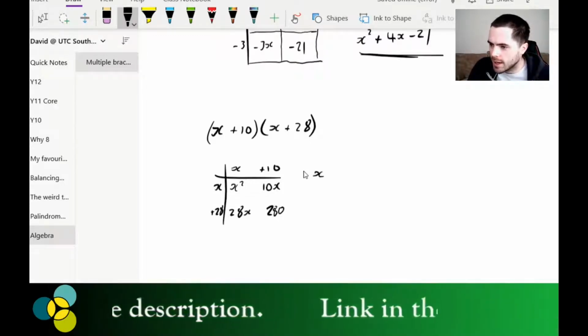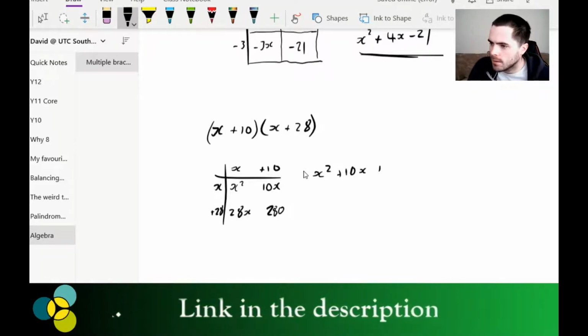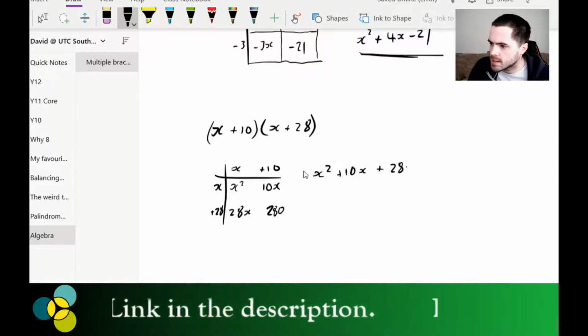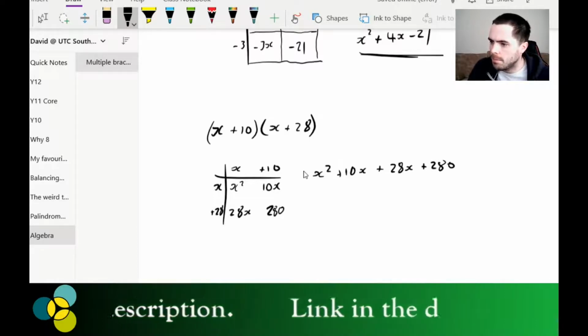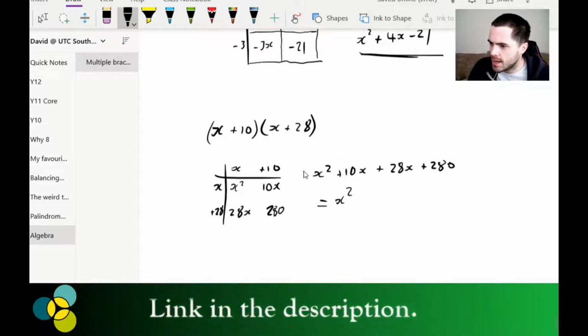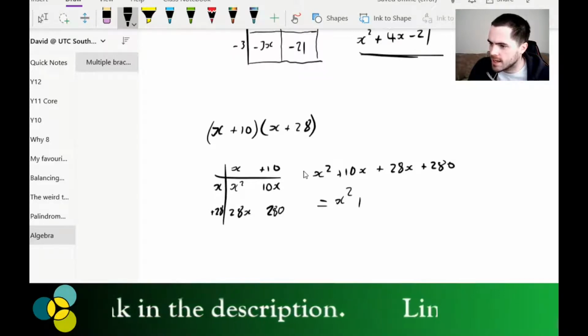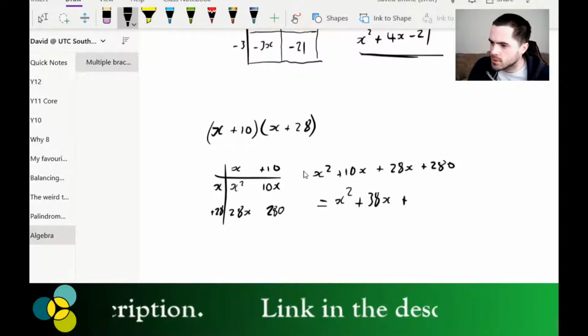Which means altogether we are looking at x squared plus 10x from the top, plus 28x plus 280 from the bottom. Which means altogether we have x squared, 10x plus 28x will give us 38x, plus